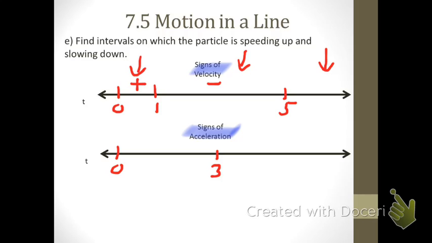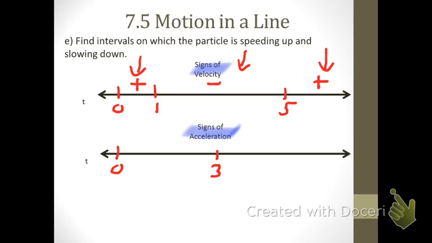And then the particle is going to come to rest at the 5 second mark, and then it's either going to continue going left or it's going to change back to the right. Pick some value like 6 and find out what S prime of 6 is, and what you'll find is that the velocity is positive again once we get past the 5 second mark. And since the particle doesn't come to rest again, it's always going to be moving to the right from here on out. Now for acceleration,